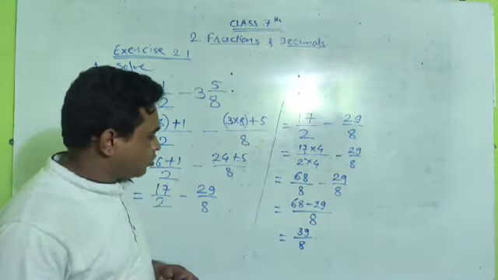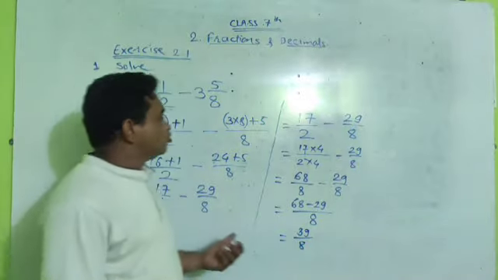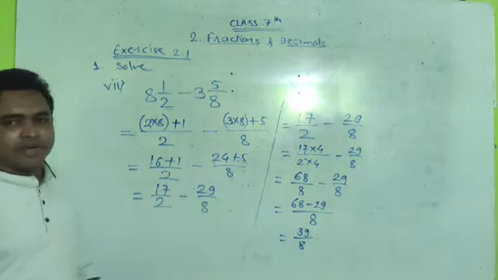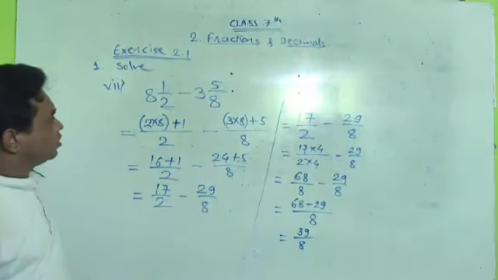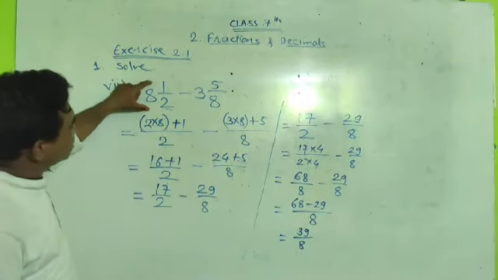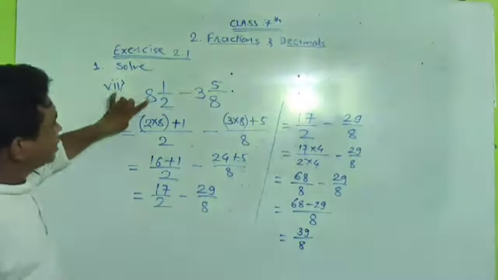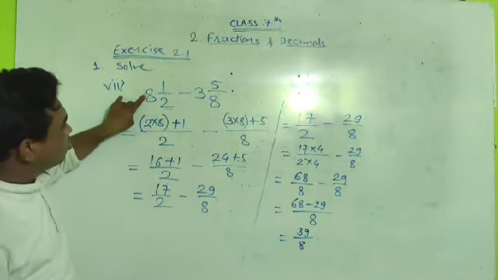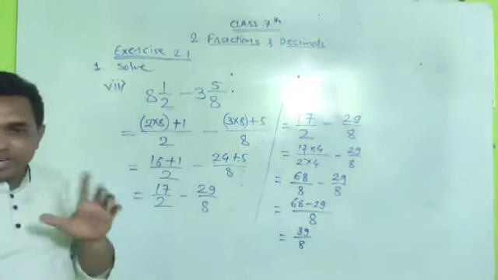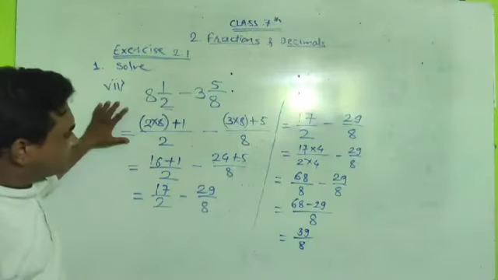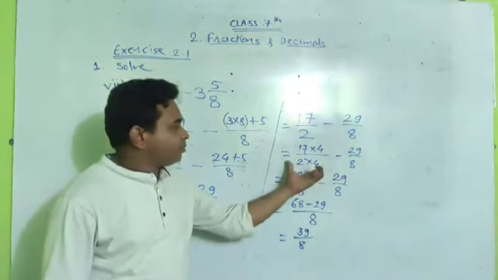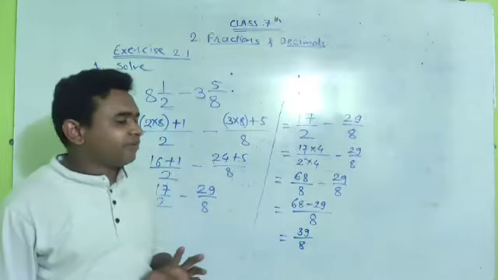Okay, so that is all about the solution of question number 7. Students, you simply write these mixed fractions converted into the simplest form. So simply do that: the denominator is multiplied to the whole number and the numerator is added, denominator as it is. So this is the first step, and after that we solve these fractions.